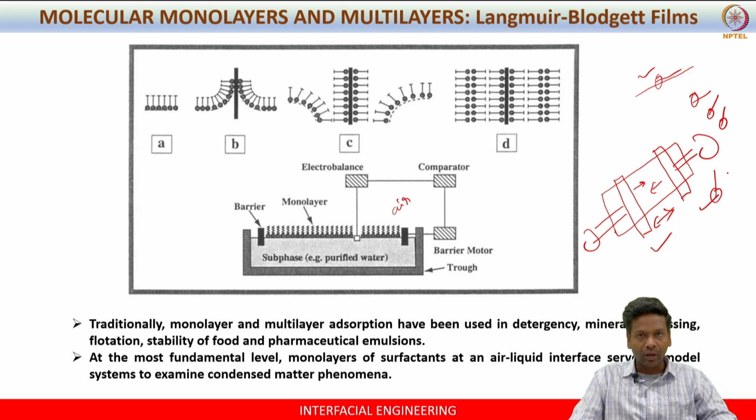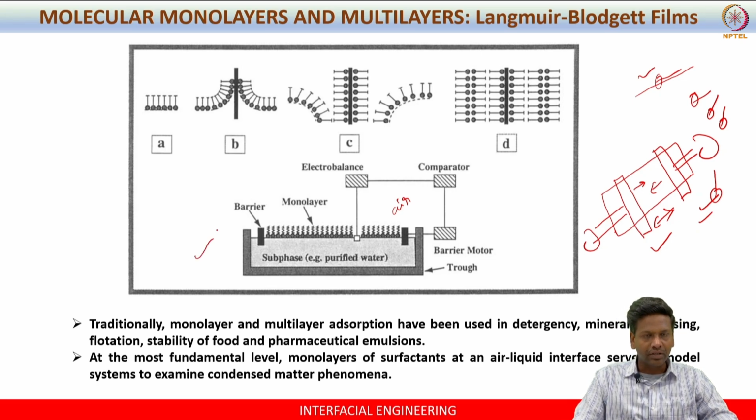So you will reach a state where they are completely packed, okay, they reach a condensed solid state, and beyond that you cannot compress them further because they occupy all the area given in the trough, right? So after that, when you transfer this film using the dip coating module, which is the additional accessory which comes along with the trough, you can transfer this monolayer directly onto the substrate of your interest, okay. So this is how the entire process is done.